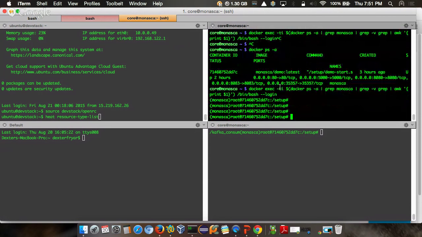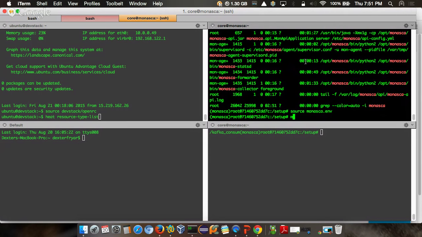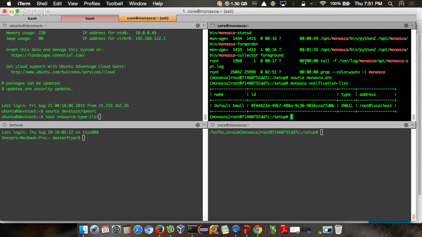So now we're actually on the Monasca container, and if you look here, you can see there's Monasca stuff running there. If you wanted to look at the Monasca environment, let's see, monasca notification-list. Yeah, so you can see that you can get all the same data that we looked at earlier on my